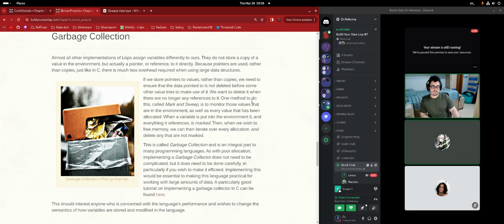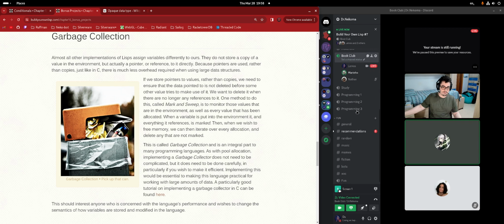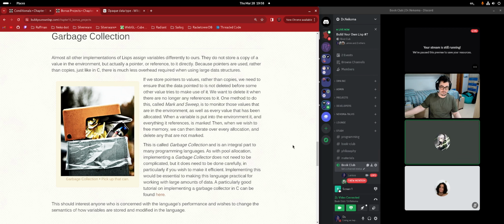I don't know how hard it is. I never implemented it, so I don't have any comment on it. But if he suggested pool allocation, the natural follow-up is actually a semi-space collector, not a mark and sweep. Sure. Just to explain real quick how a semi-space collector works,